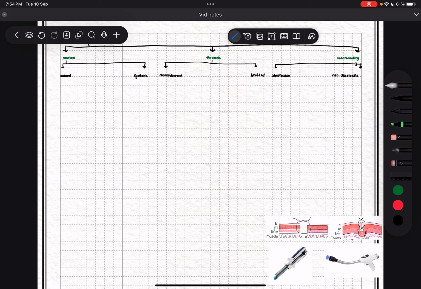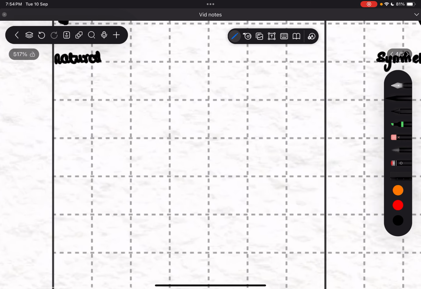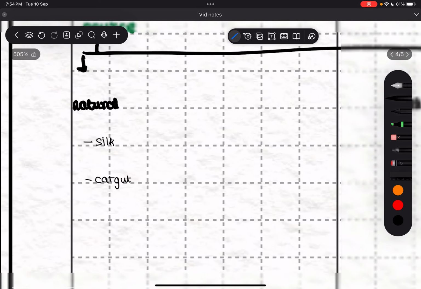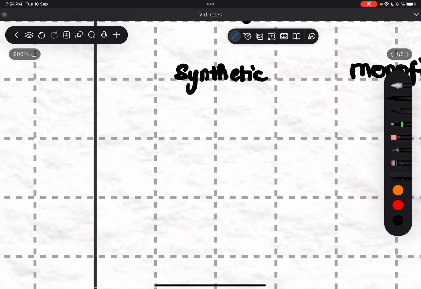Or natural sources and synthetic sources. You got the following examples. Natural, we have silk and catgut. In synthetic, we have got proline, vicryl,